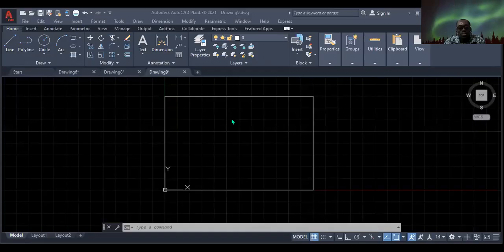Basically, when you're making use of AutoCAD, the mouse is very, very important. And most times you are going to be left clicking. When I use the word click, if I don't add left click, know that I'm referring to left click. So for instance, right now,